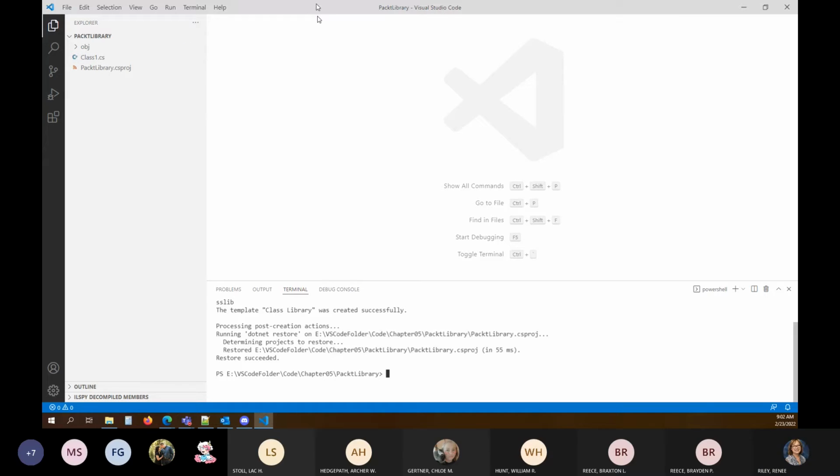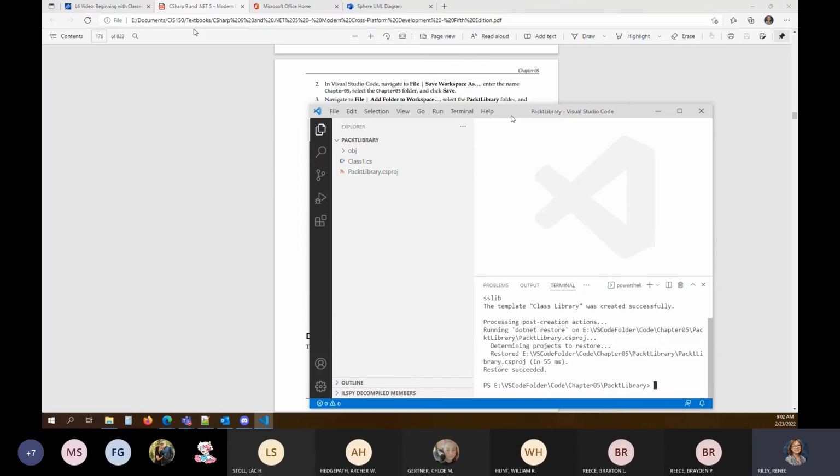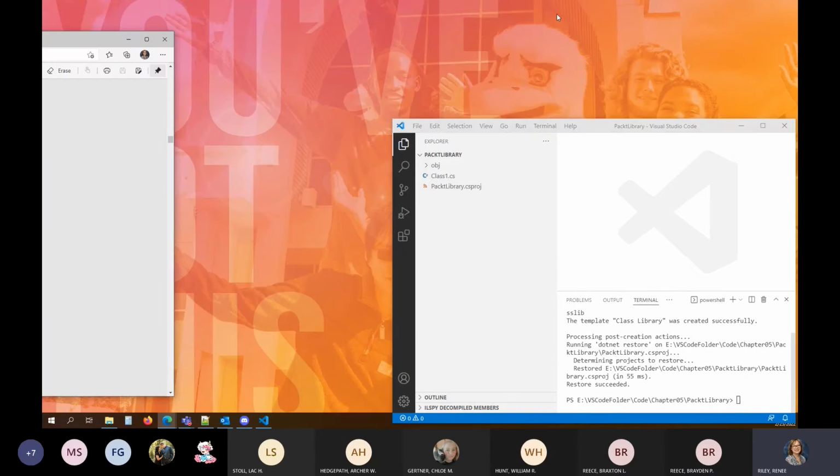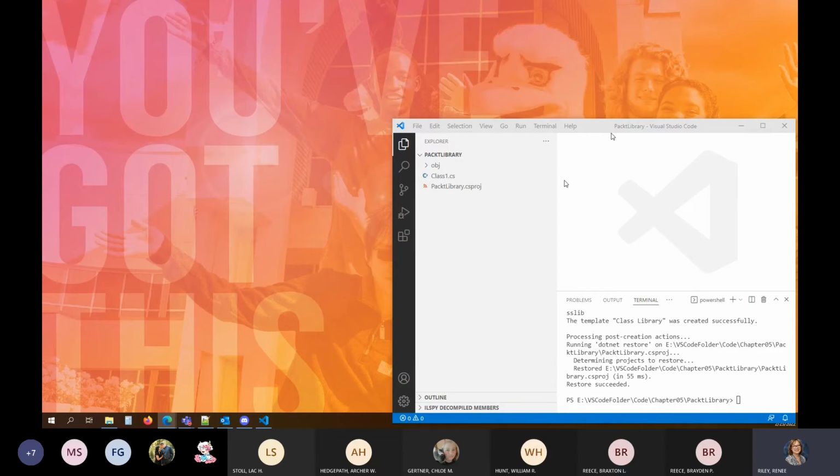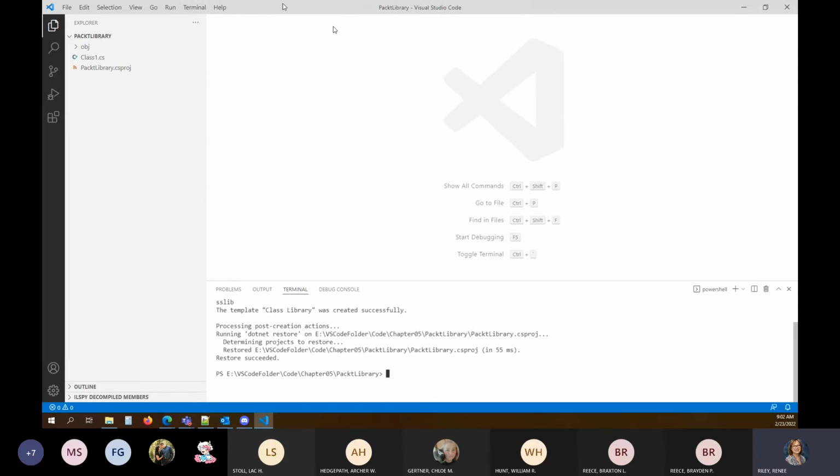Class1.cs. Now, because I created a class library, it named that CS file Class1 instead of Program. So notice right away, we've got that little bit of difference. I'm going to get my textbook out of the way here so I can see it. All right, now that we've got our class library project created,